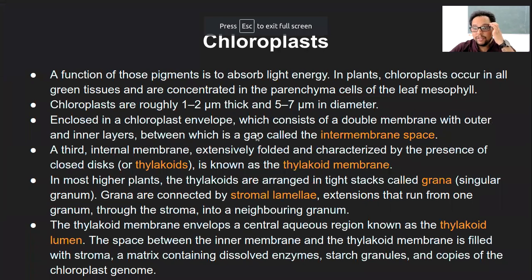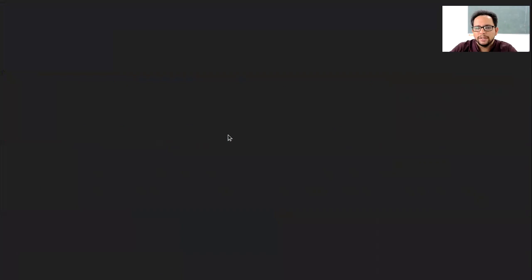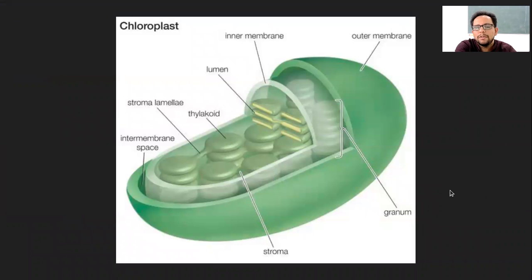Okay, so let me just quickly revise the structure of the chloroplast, because we will be needing these structures in the next slides. As you know, there are two membranes, outer and inner. In between the outer and inner membrane, there is the intermembrane space. Within the inner membrane, whatever cavity is present is filled with stroma, and within the stroma there are stacks